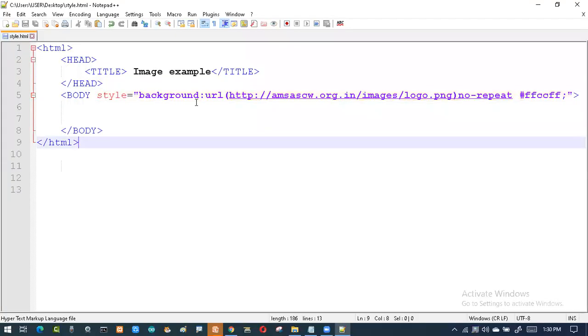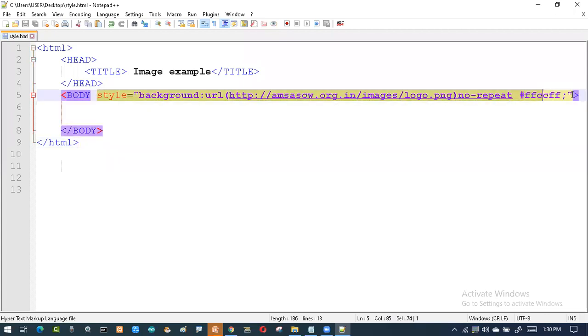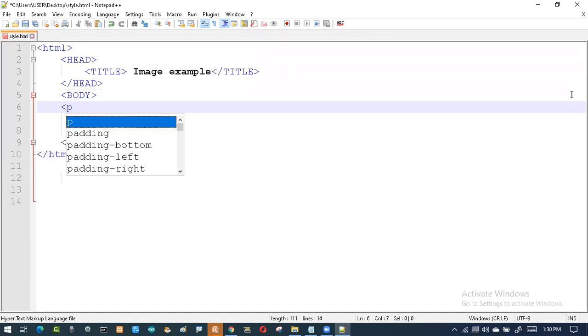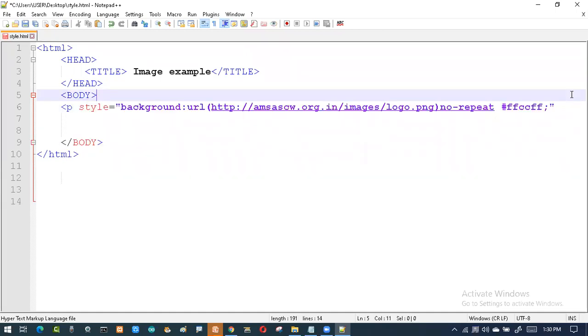So if I want to fill this, I don't want it for my body, I want only for the paragraph. So I don't want this to be filled with my color and all the things. So simply I want this to be for the paragraph. Then you can just change the paragraph like this and write the sentence. Okay, so I'll be saying something.